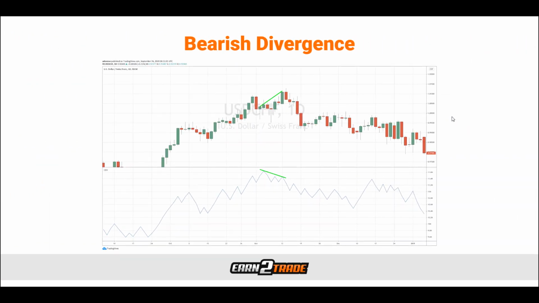Here we have a bearish divergence scenario. This is one of the trading strategies that traders today using the OBV indicator employ. They keep a lookout for this bearish divergence, which occurs when price itself, the price of the asset we're measuring, marks a new high, meaning price is going upwards, while the OBV is actually marking lower highs. So we have a divergence between the price of the asset and the OBV itself. This is usually an indication that the market is about to exhibit a correction and fall to match the OBV. So this is a potential scenario where we could jump in for a sell opportunity in anticipation of the fall to come.